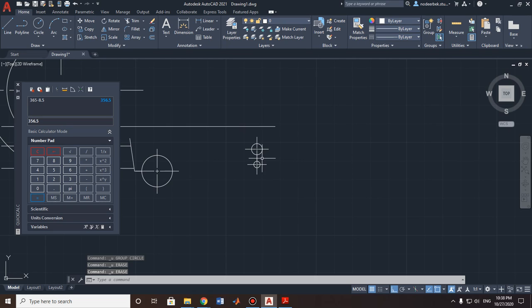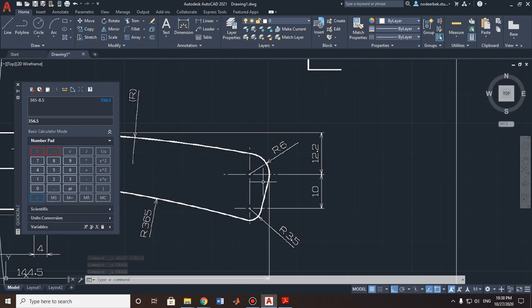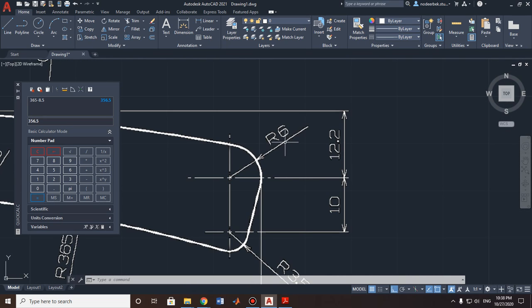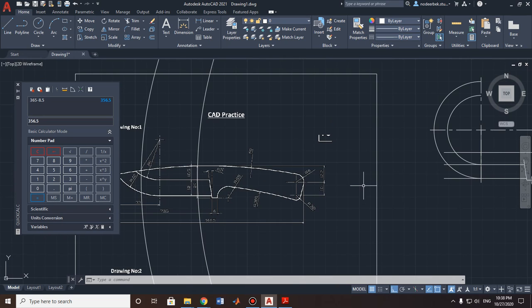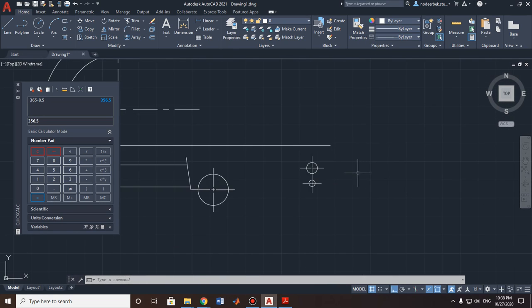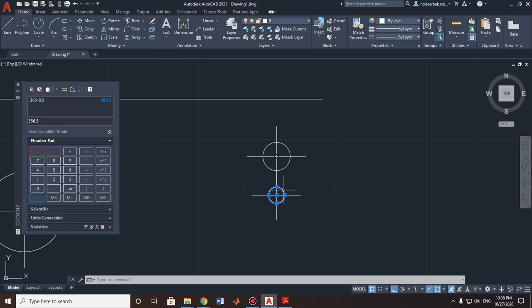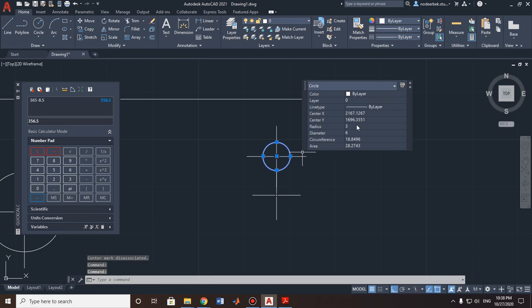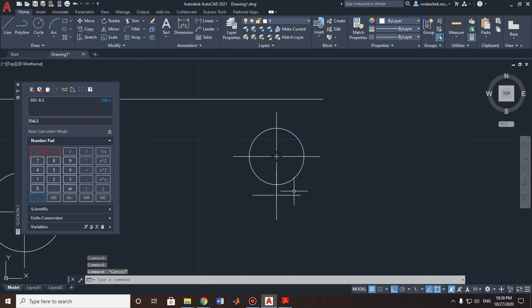Yeah, we made a mistake, I think. As you can see, the radius was 6. We made a mistake, yeah. We need to change this. The radius was 6, we put diameter 6, so sorry for the mistake. So let's